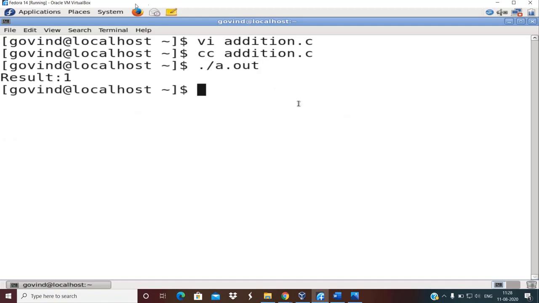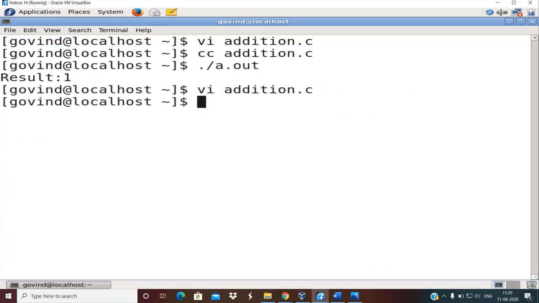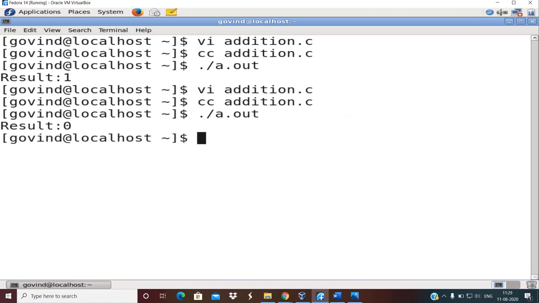Okay. What you can observe here is it is now displaying 1. Now what if I simply put instead of logical OR, logical AND? Okay. Now what should happen? LHS is 0, RHS is 1. And as we have noted just now, if any one of the operands is 0, logical AND returns 0. So this answer now should be 0. Okay, now see here, it is now 0.